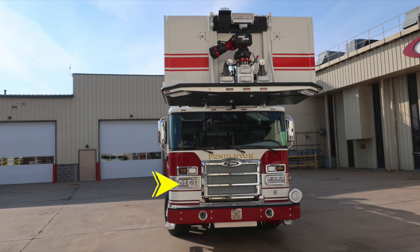Just inside that location, headlight structure housing high and low beam. High beam is located on the inside. Just up, turn indicator and emergency warning light combination. Moving up to the A pillar is where you'll find, on the passenger and driver side, a flat and convex mirror. There are 3 windshield wipers across the seamless one-piece windshield, and there are 5 identification clearance lights on the